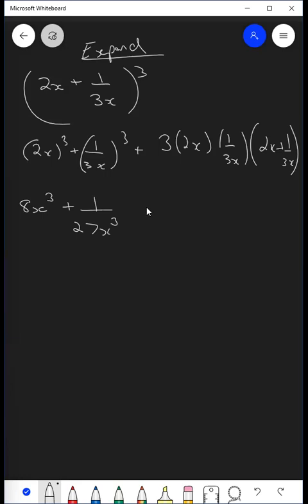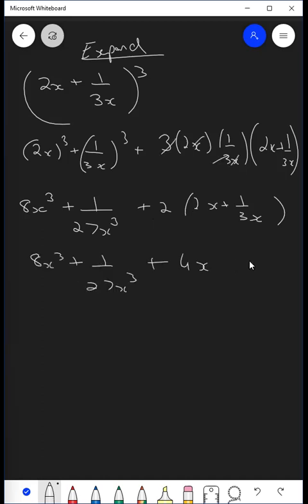So after simplifying we get 2. Aryan, raise the mic to your mouth. Plus 2 into 2x plus 1 by 3x, right? Yes, sir. Because x and x cancel. So 8x cube plus 1 upon 27x cube plus 4x plus 2 by 3x. Right? Ananya, where did the 8 go?